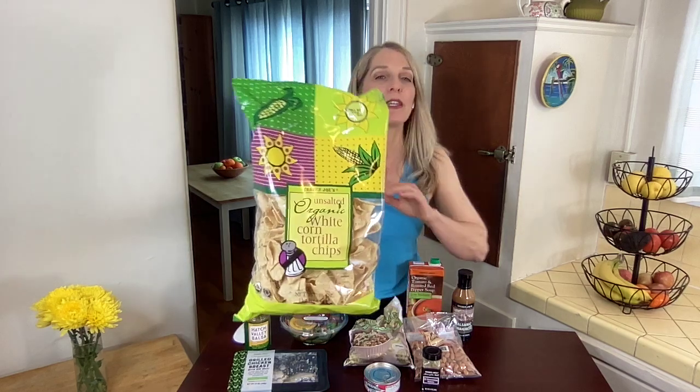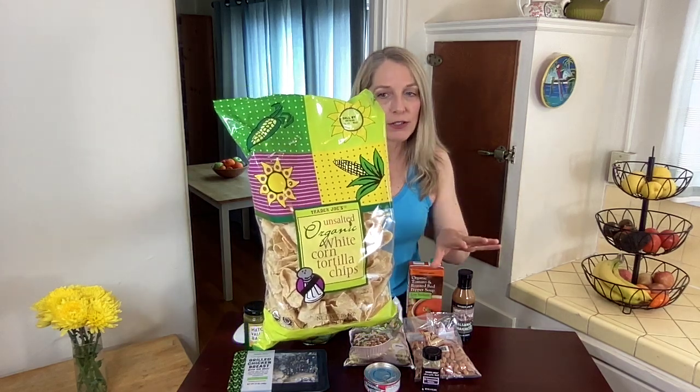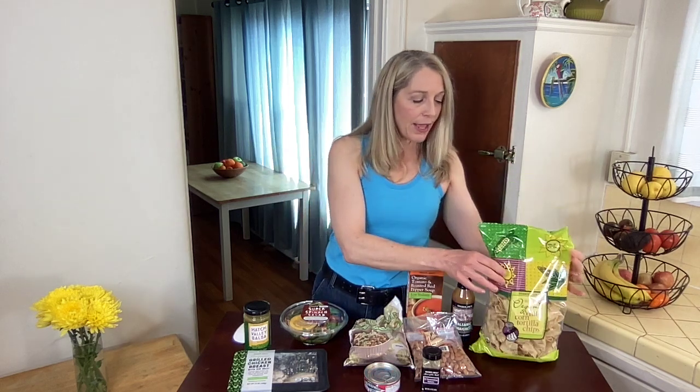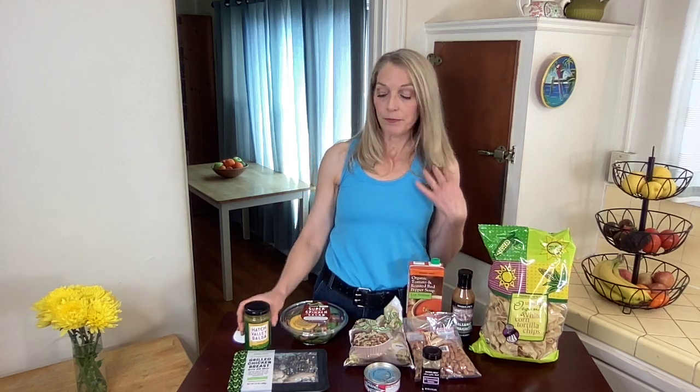So finally, one of the things where many of us get a lot of sodium is on things like chips. So that's why I love these chips. They are unsalted, organic white corn tortilla chips. And you might think they're going to be boring because they're unsalted, but I actually really love these. The flavor is great. And you could pair it with like a high protein dip. So, for example, you could mix the salsa into some hummus. That will be a great protein dip that you can use